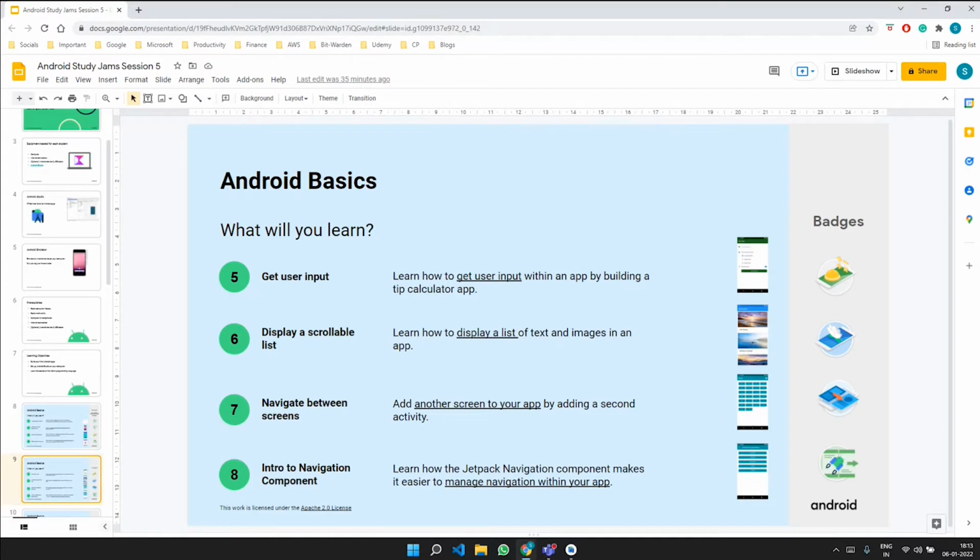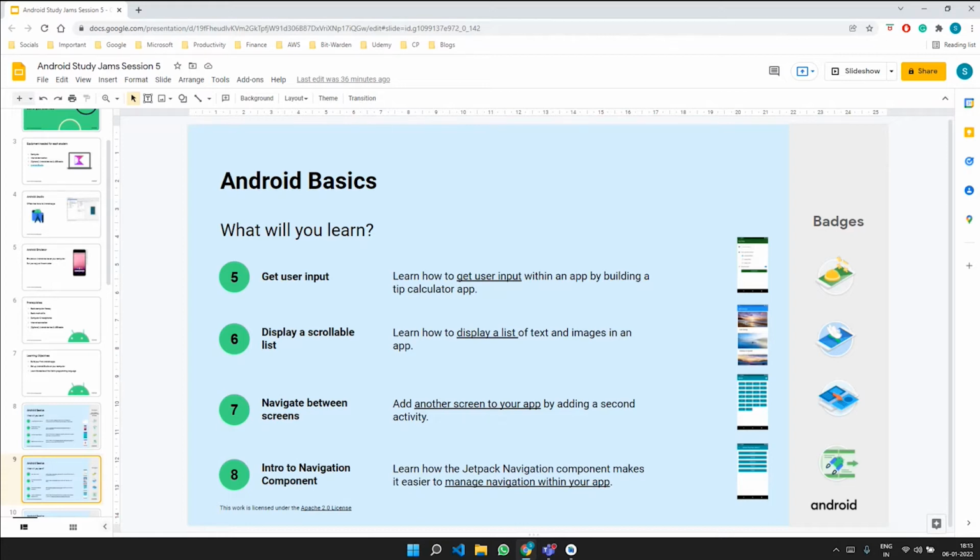We saw what a scrollable list was, so basically how to display a list of text and images in an app. So we compared this to InShot's application, if you could recall, and we saw how the news articles are basically displayed. Then in the most recent sessions, we saw navigation between screens,